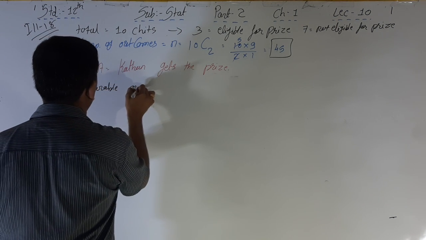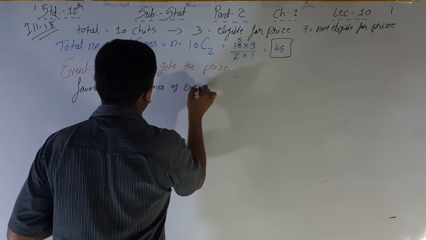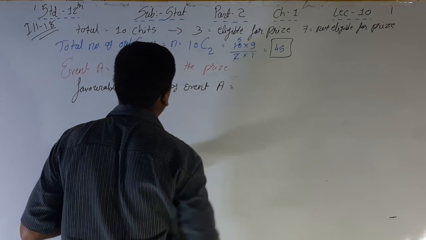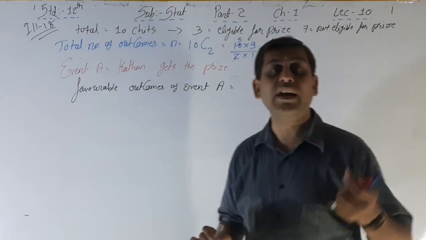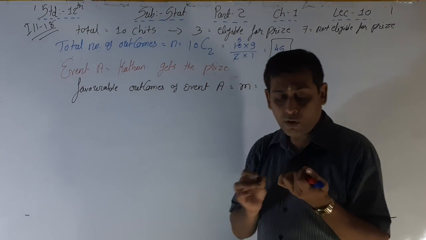Favorable outcomes of event A is equal to M. Here, see, the main thing,